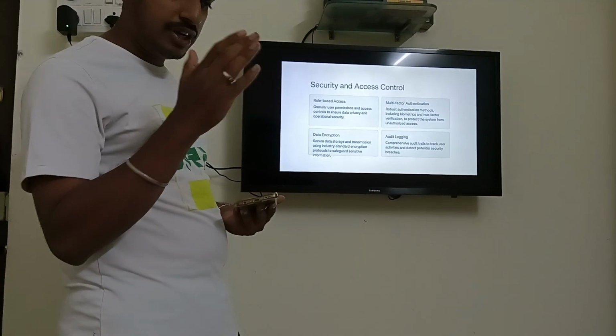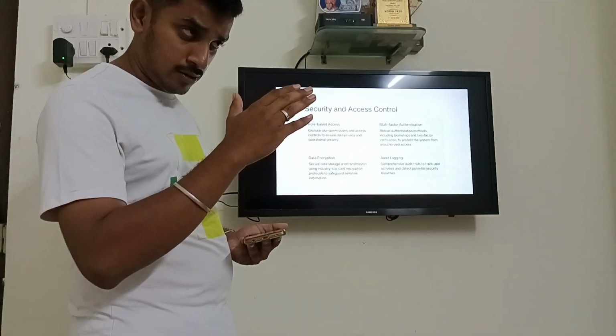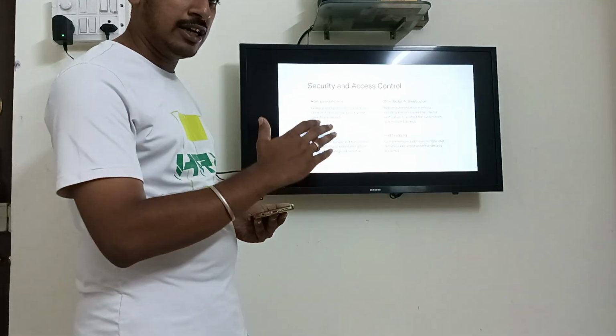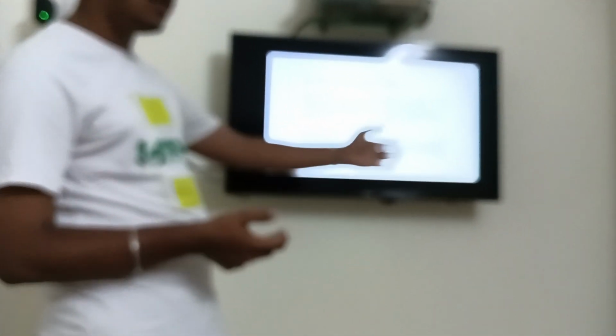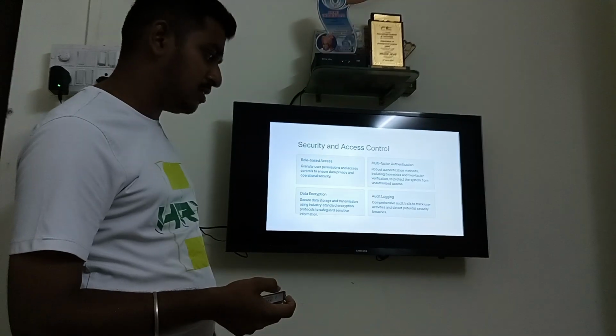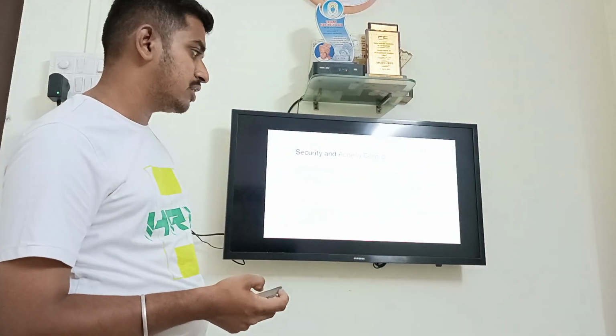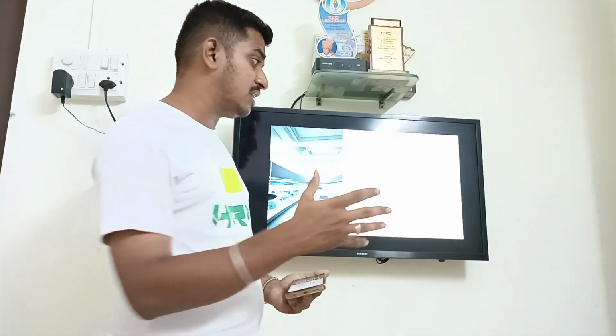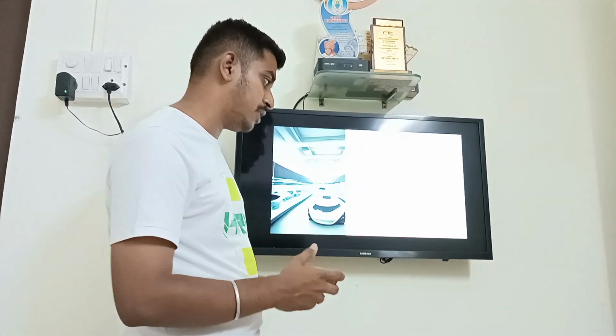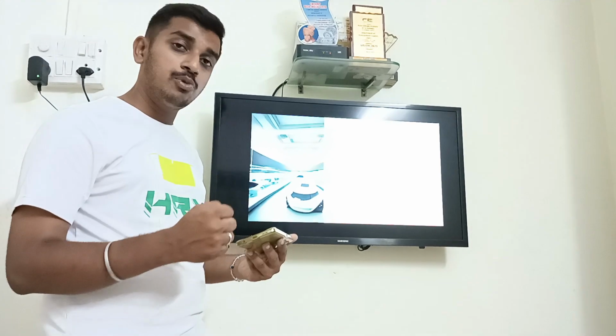Secure data should be transferred from the flights to the ATC in terms of airports, so encryption is required while transferring the data. Then the audit logging, as I said, comprehensive audit trails to track user data activities and detect any security breaches through it. Then the conclusion and future enhancement of this topic: